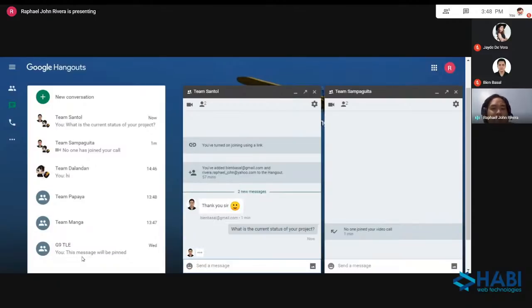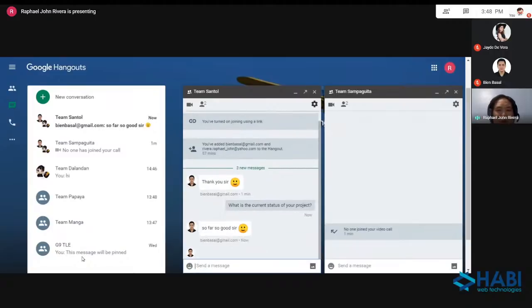Okay, now as you can see, the learner is responding. Okay. Now, other than that, please do take note that you could also customize the given chat group or breakout room. So far, so good. Okay, that's quite a vague answer, and therefore we would need to visit later the actual file that they're working on. But before that, let me just click on the settings in order to show you the different settings